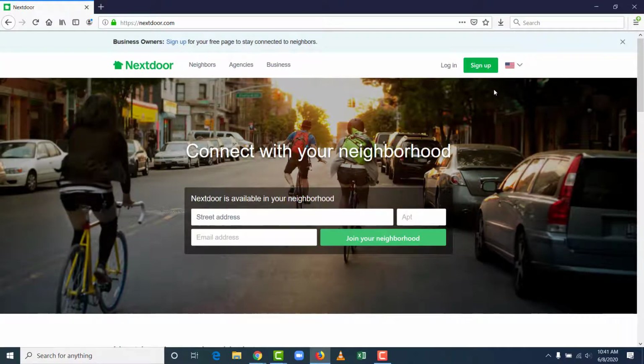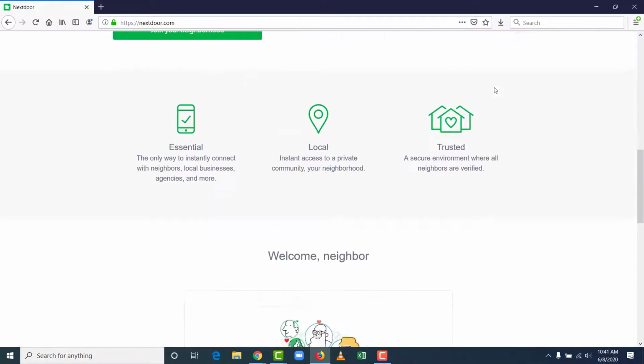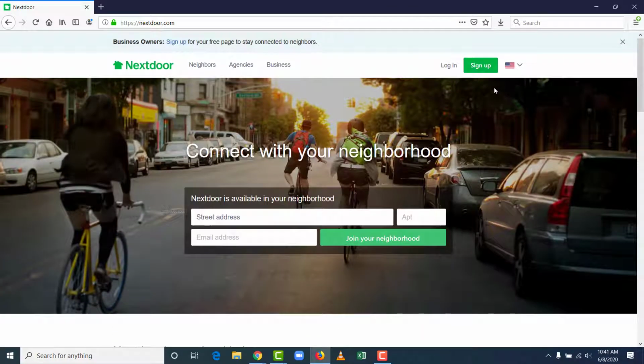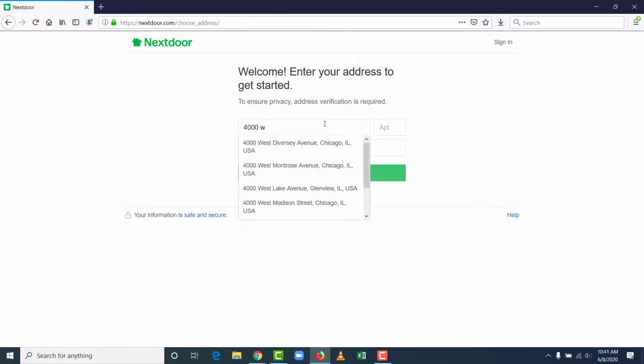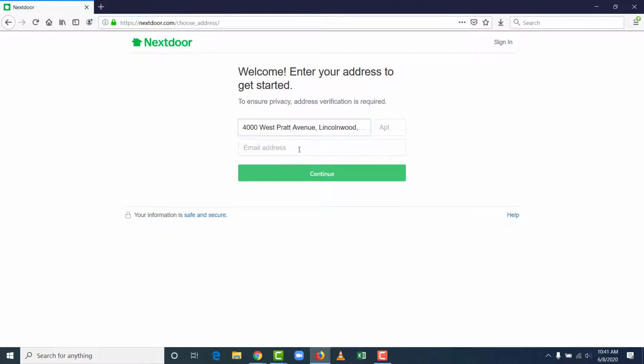On their homepage, you see that they have basic information about them, what it looks like, what they are, a little video. To sign up, at the top, you can just press sign up. Then it is going to ask for your address, and I'll just use the Lincolnwood Library's address as an example. Here it is,